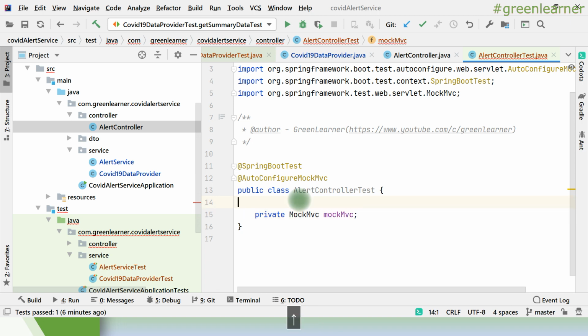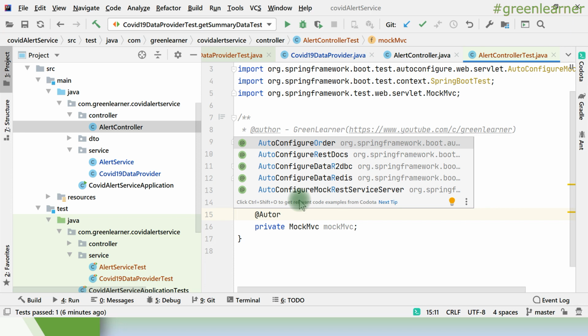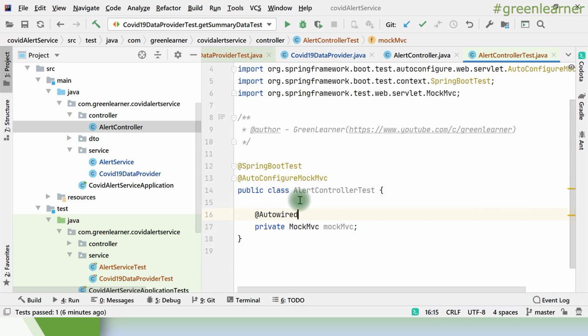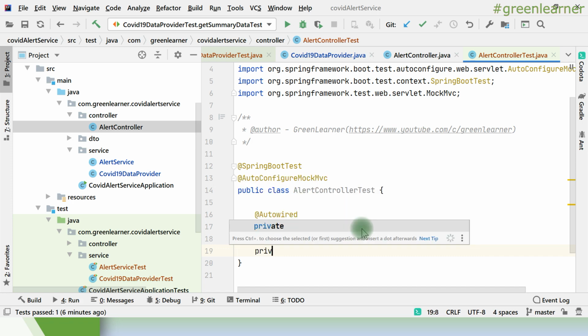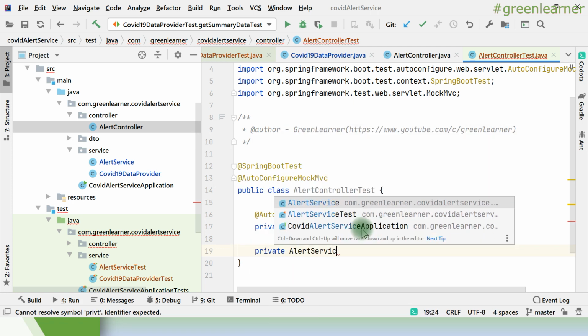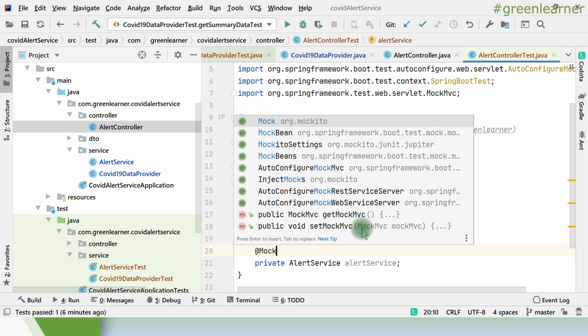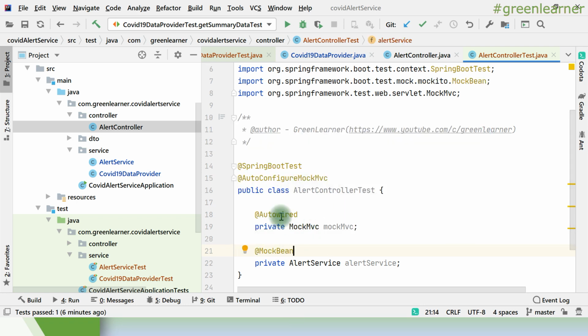MockMvc helps in calling the endpoint. Then @Autowired, and the dependency that we have, AlertService, and use the annotation, so this is the MockBean annotation. These are a few new annotations that I'm introducing.